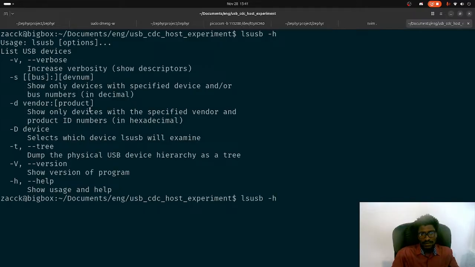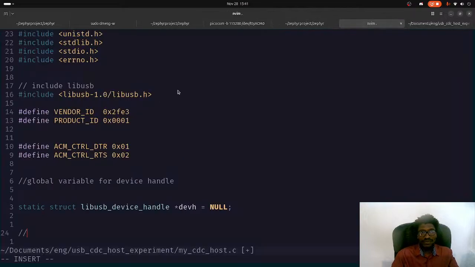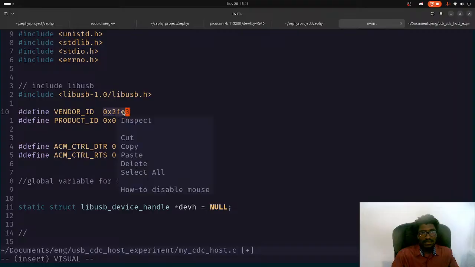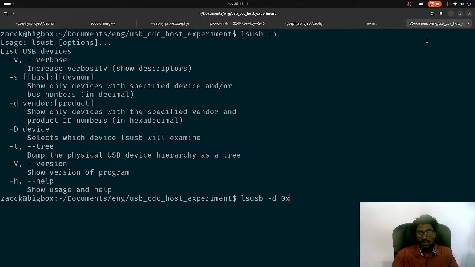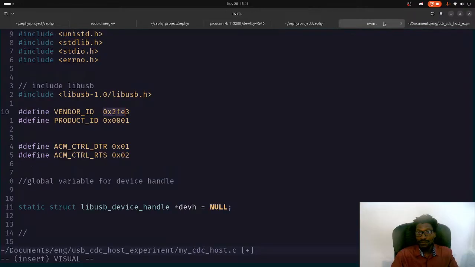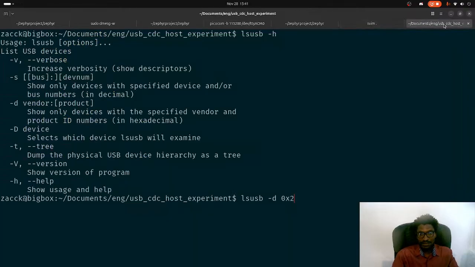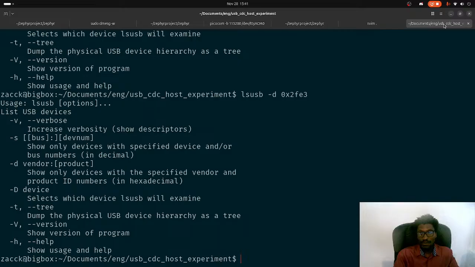Dash d 0x... What is the device number that we're going for? Vendor ID is this. Copy. 0x2FE3. So how do I do this? Vendor